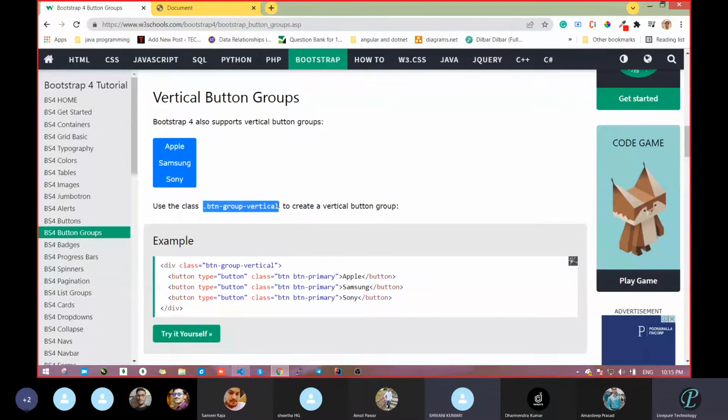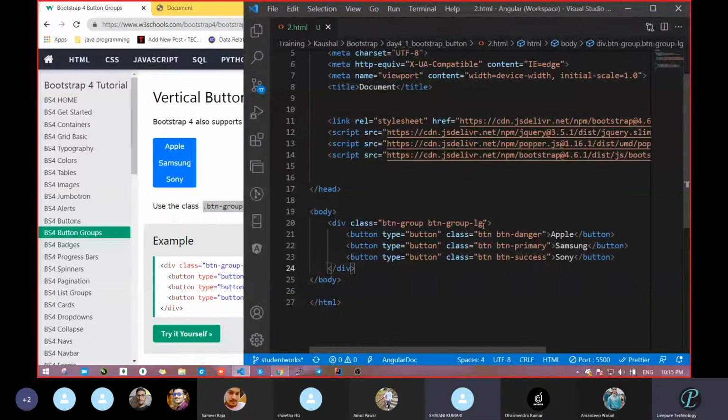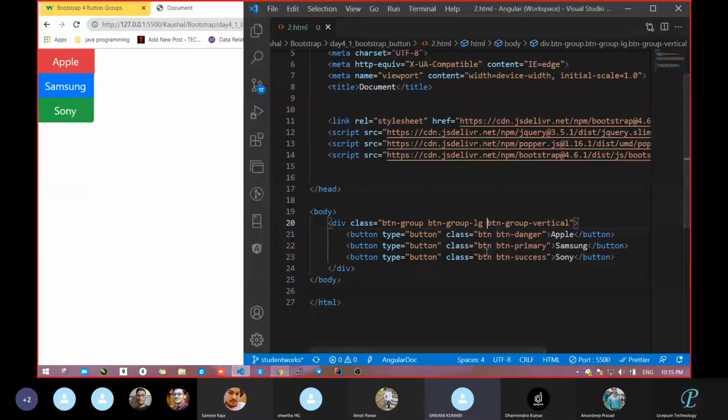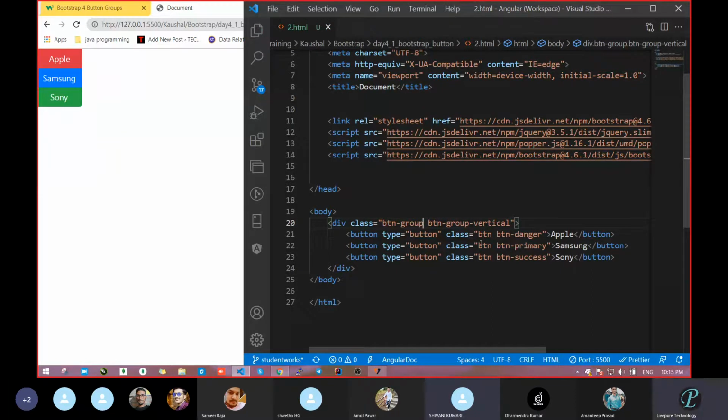Where we were passing LG or SM, there itself. Clear? Remove LG. No issue, we'll pass it there itself. We will get a large button and vertical, meaning all the classes will be applied. Now remove this LG, meaning the complete property itself. Now what do you think? Normal button, vertical. Clear? Yes, sir. So we can take more and more properties. It's not an issue.